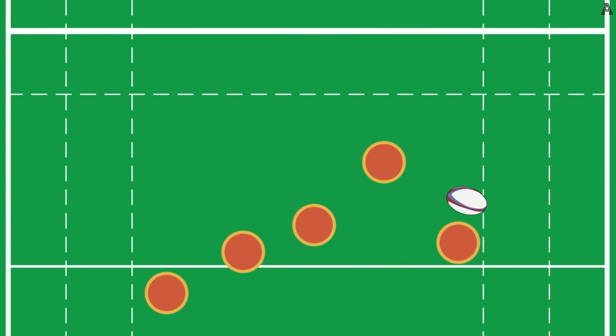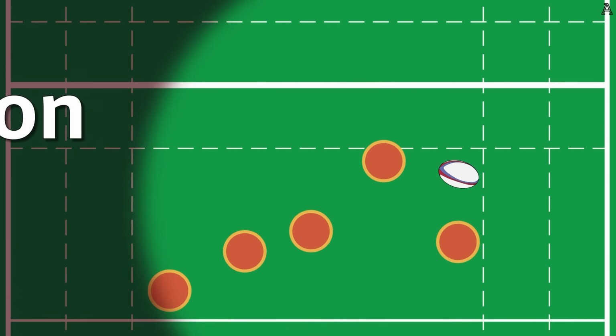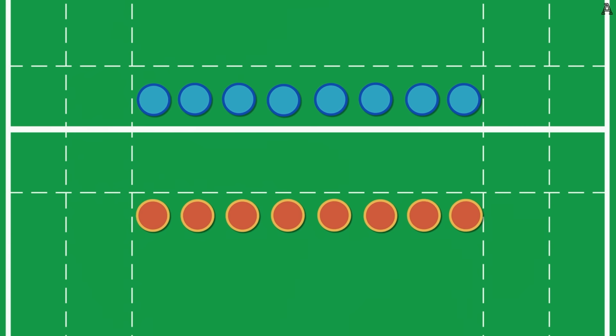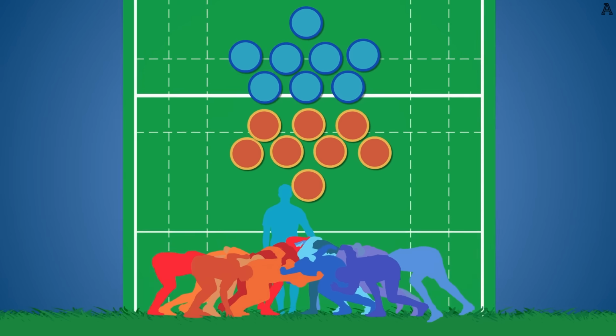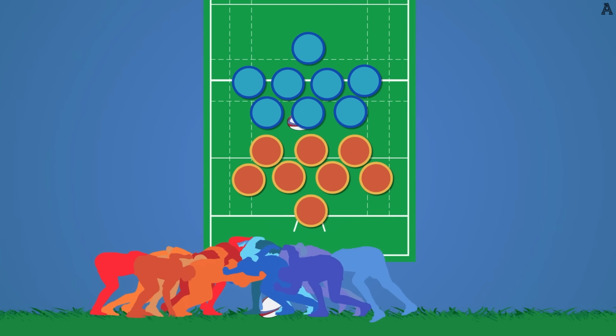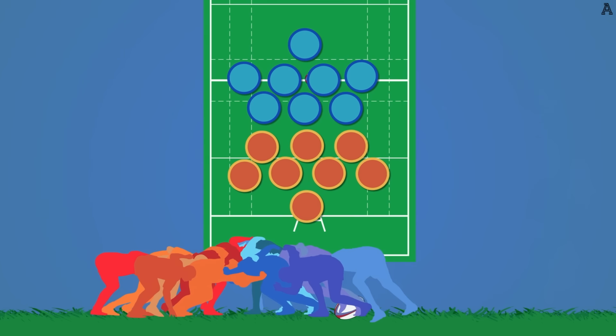If the player receiving the pass drops the ball forwards, then this is considered a knock-on, and the punishment for that is a scrum. A scrum is where the 8 forwards for each team, who tend to be the bigger, stockier players, line up against each other in a 3-4-1 formation. The ball is thrown into the tunnel between the 2 front rows by the team who've been awarded the scrum, at which point the 2 hookers can compete for the ball with their feet and kick it back in the